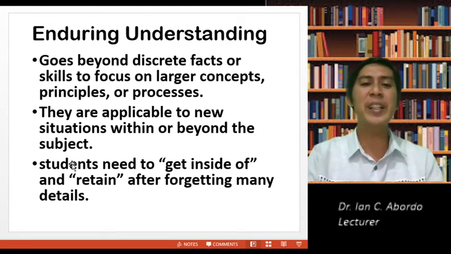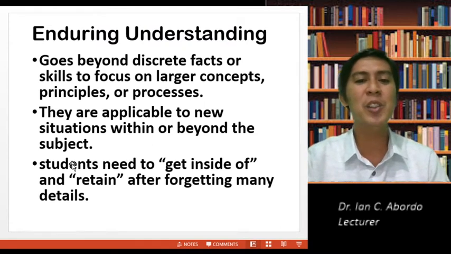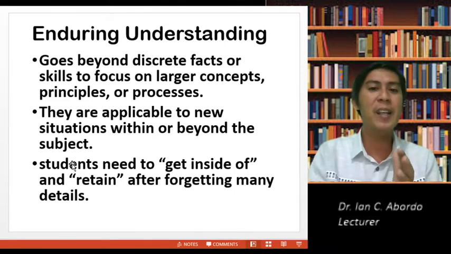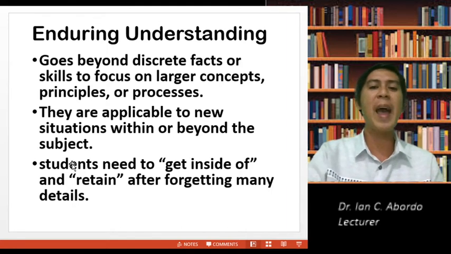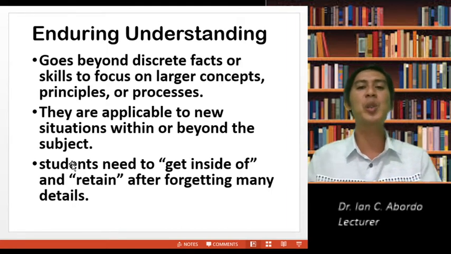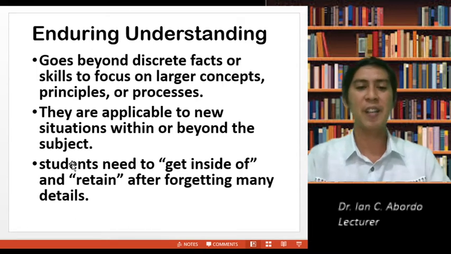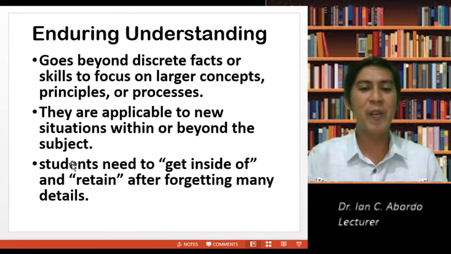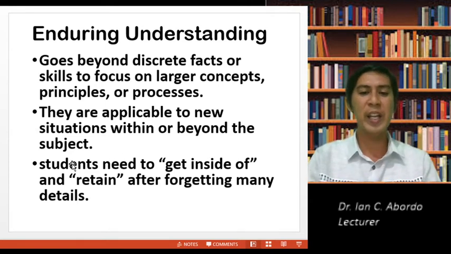So, what is an enduring understanding? It goes beyond discrete facts or skills to focus on larger concepts, principles, or processes. They are applicable to new situations within or beyond the subject. Students need to get inside of and retain these after forgetting many details.